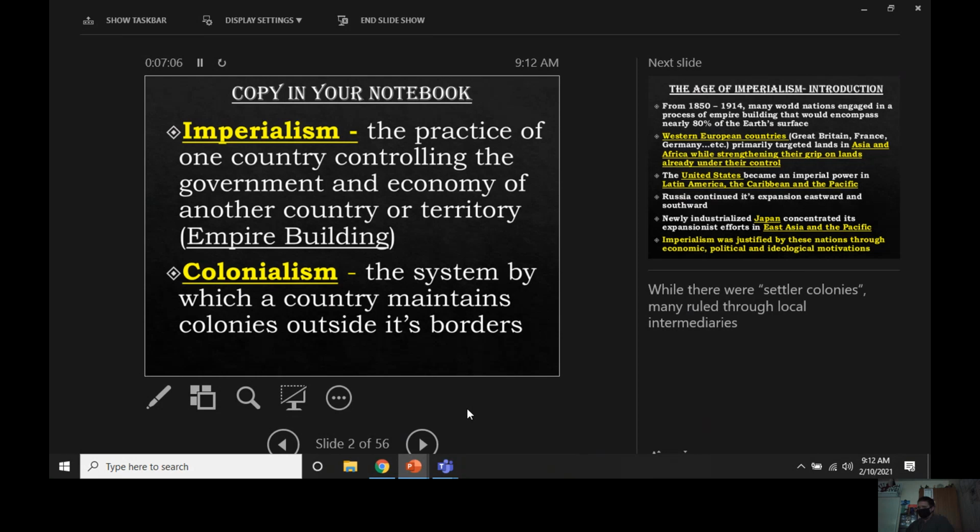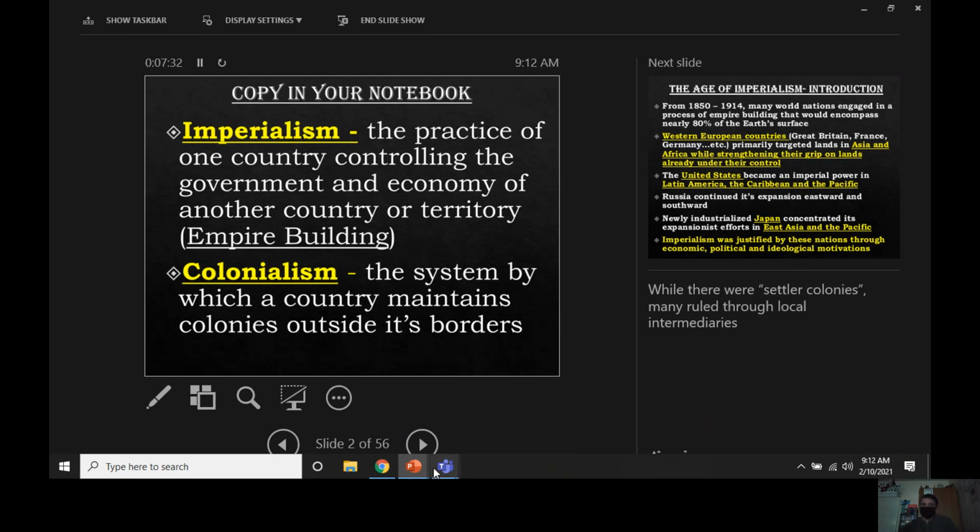And when you think about how the world is today, the countries that we see are very wealthy and powerful, and the countries that seem to be underdeveloped and seem to struggle, guys, this is kind of the roadmap of how we get to where we are. The 1800s and early 1900s, guys, that was not that long ago. So hopefully you'll start to see a lot of the connections that we still have today.